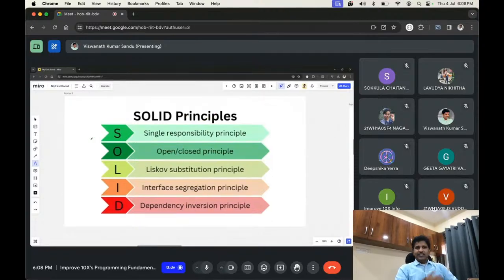First, we have already covered the single responsibility principle, and then we covered the open closed principle. Then we covered the Liskov substitution principle. Now we are going into the next two, which are interface segregation and the dependency inversion principle. Today we are going to cover these two principles, and we will also see some examples where we can apply all these things, so that we get a better understanding of how we can get advantage in